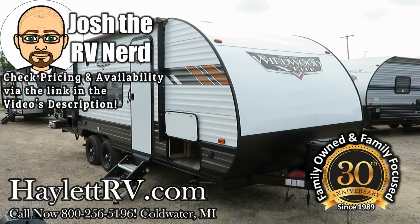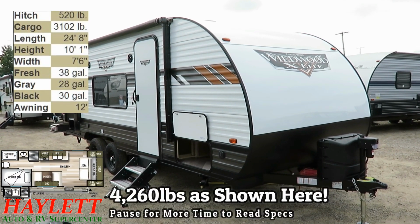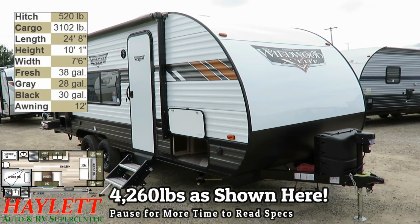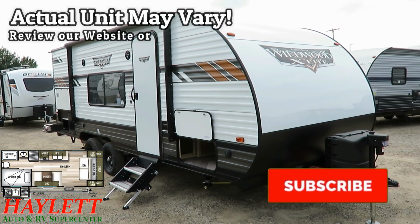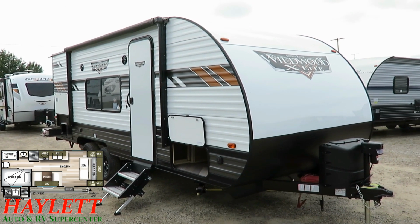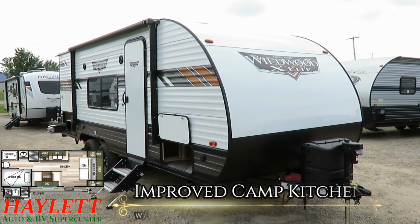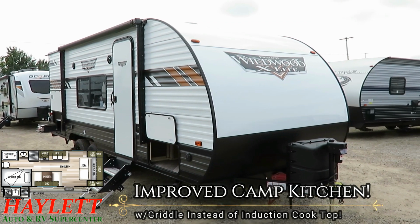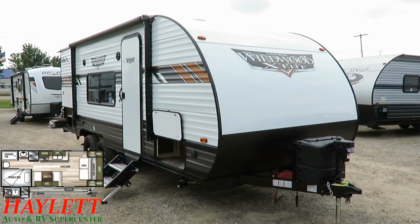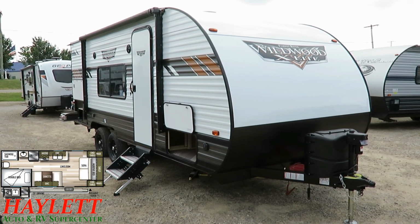4,260 pounds, the 19 DB XL Wildwood X-Lite here at Haylett RV of Coldwater, Michigan. This is a fantastic option, whether you are looking to swap out of the family pop-up, get into your first camper, or maybe have a limited tow capacity, because it gives us an improved camp kitchen from the previous generation and all the really smart, important features that matter, like tons of refrigerator space that rivals a fifth wheel in terms of fridge capacity, stable steps,